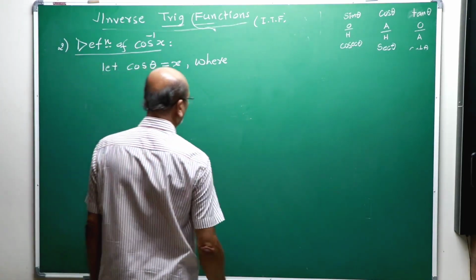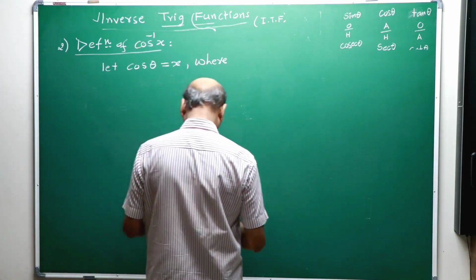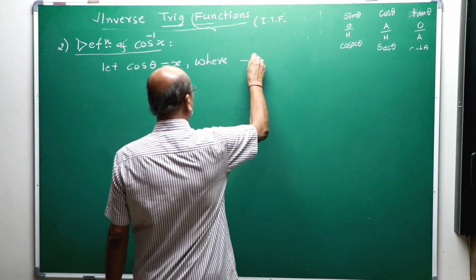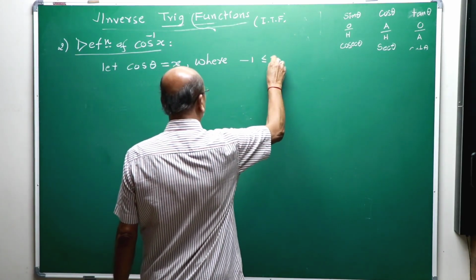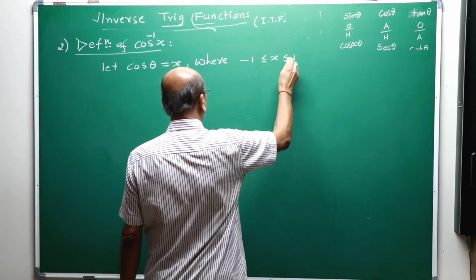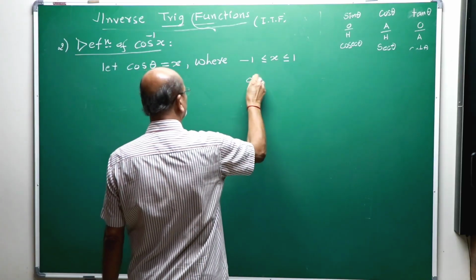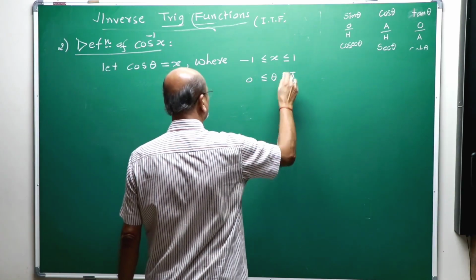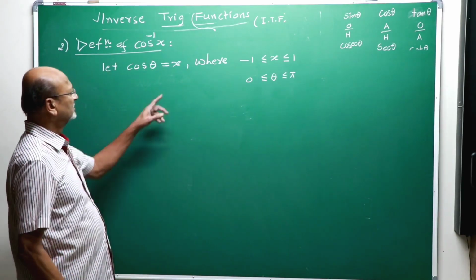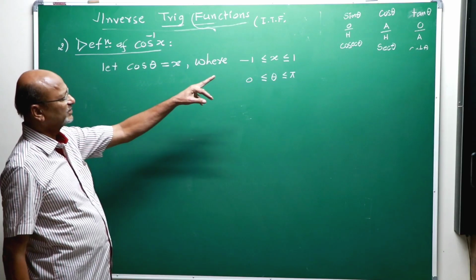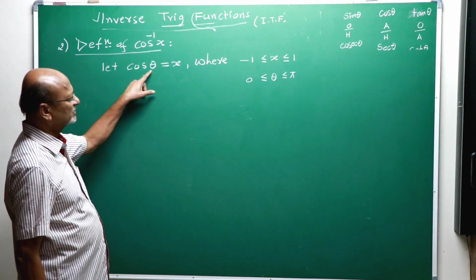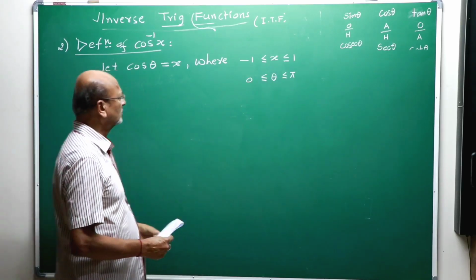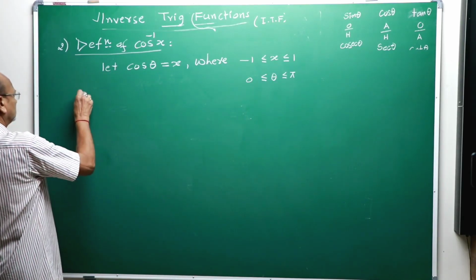First, for the angle of x, this x is between -1 less than or equal to x less than or equal to +1. What about theta? This theta is 0 less than or equal to theta less than or equal to pi. My friends, here this x must be between -1 and +1, and this theta must be between 0 and 180 degrees. If it is so, then we define